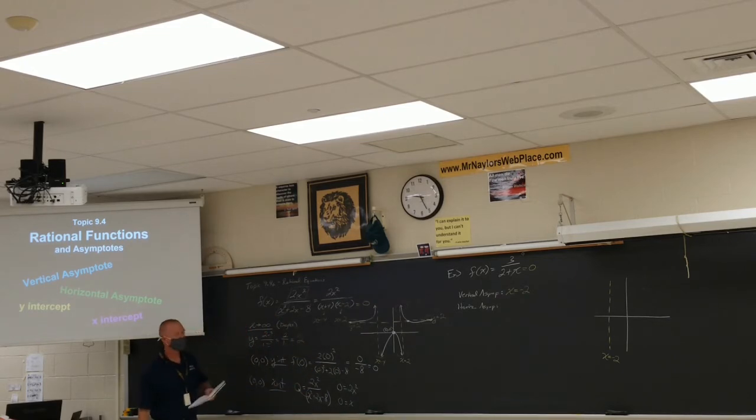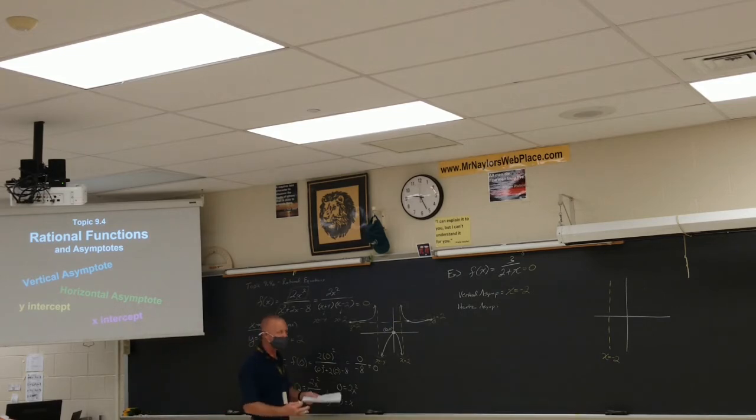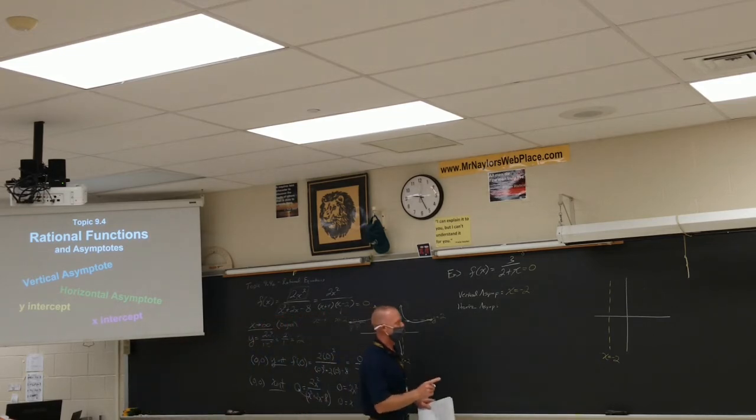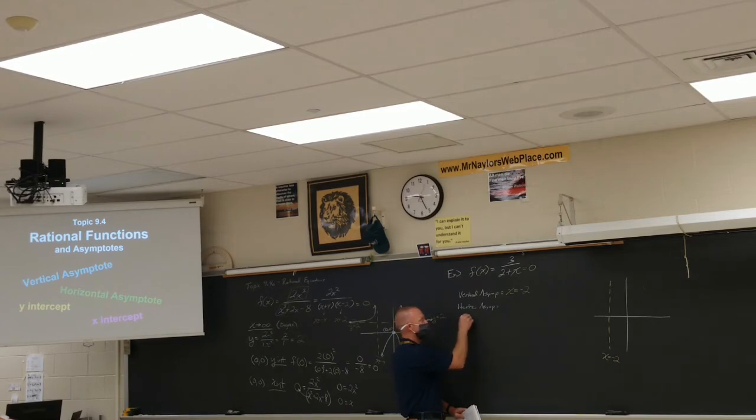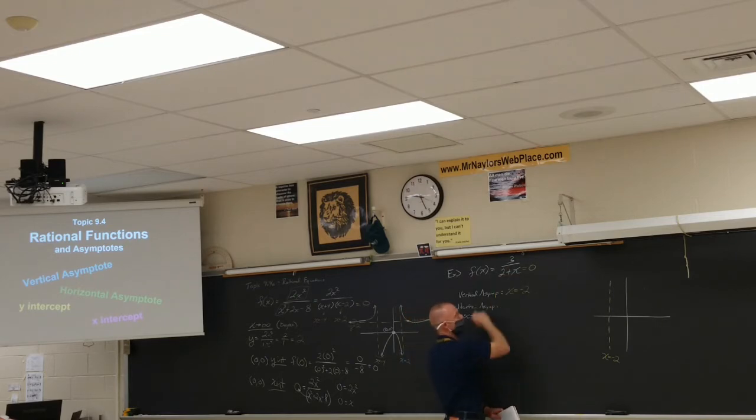Okay, now I told you it's going to be a little mathematical. Maybe what I did over here was a little fancy, but I'm trying to help you understand why the horizontal asymptote always has to do with x going to infinity. What that really means is x gets really big. And when x gets really big, all you have to focus on are the big parts of the numerator. Now, kids, there's only one thing in the numerator, so by default, it's the biggest one. But I want to make sure you understand that that's because